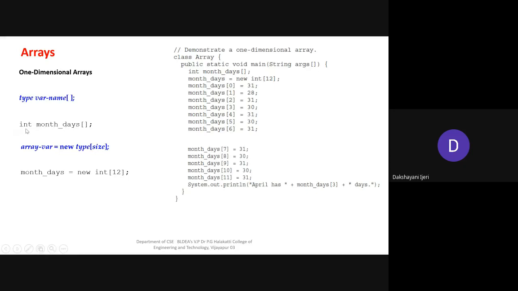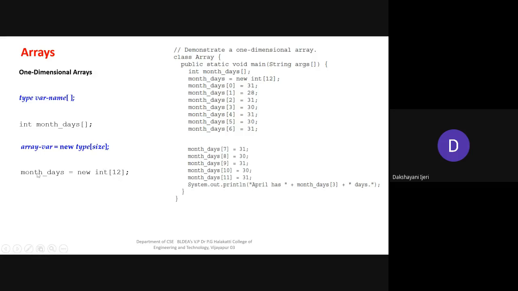Then how can you start storing values, or how do you set the size of the array? Size in the sense of how many elements you want to store in that array. How to do that? For that you require the new keyword. So once again, note down this syntax as well. Once you have declared the variable, take that variable, use the equal to symbol, the new keyword, the type of which you have created the array, and the size. This is another way, a direct statement you can use to create the array by considering some size.